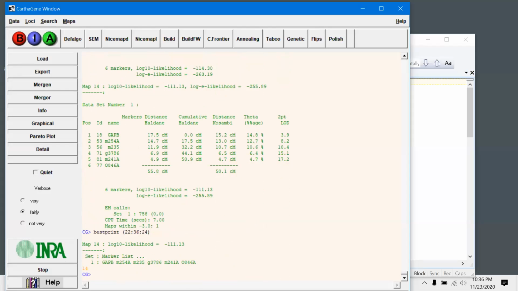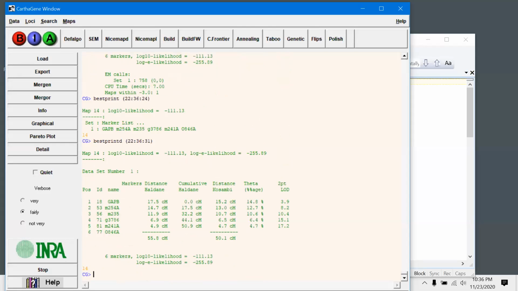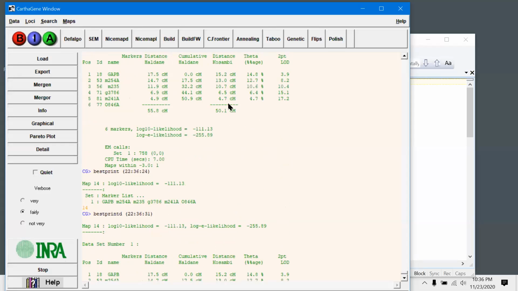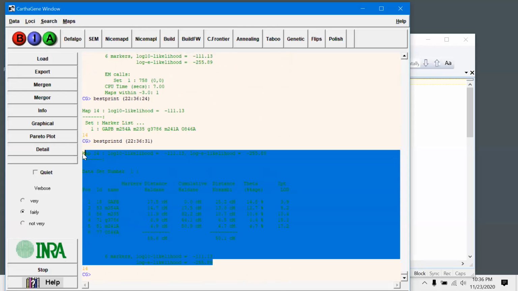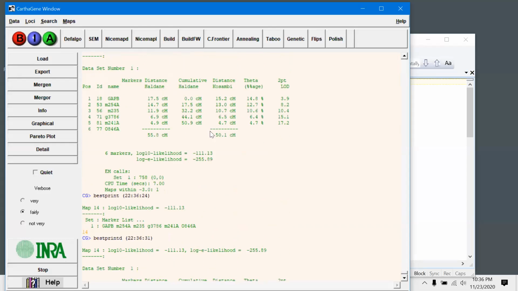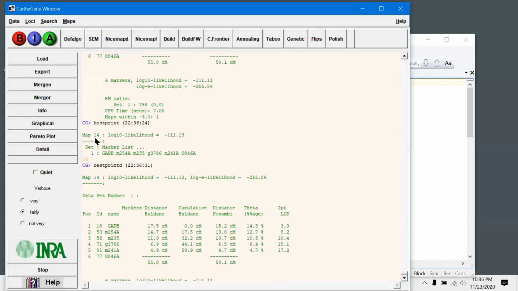And if you want the details, best print D. So this is the details. It's the same thing, 50.1 centimorgans minus 111. So it just prints the final map all by itself, so that you don't have the hassle of all these things. And the good part is you could save the session as